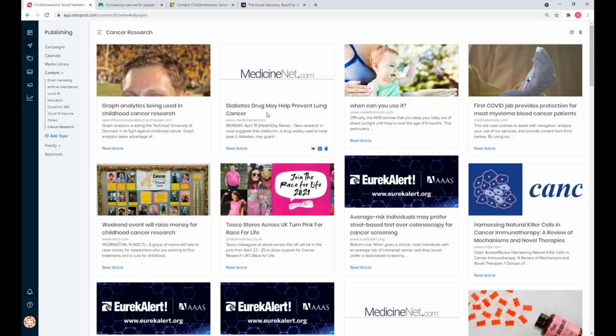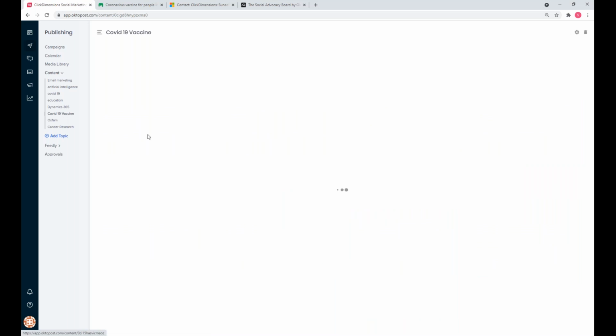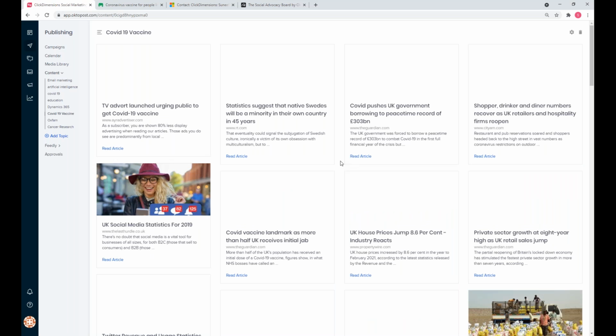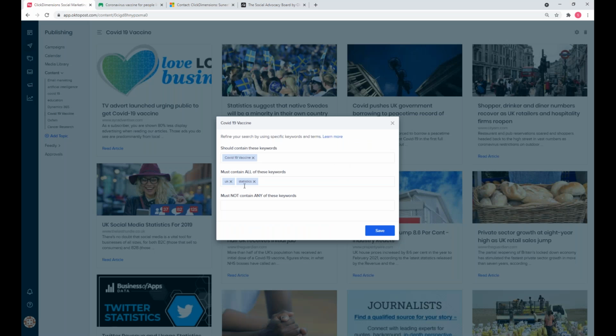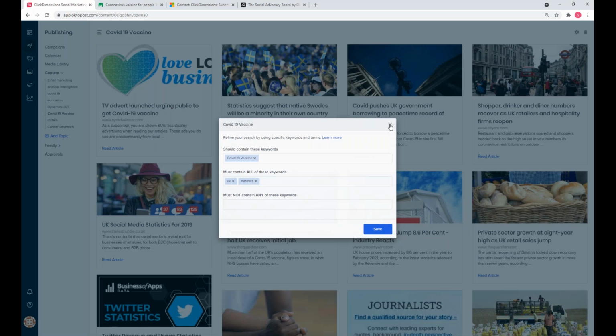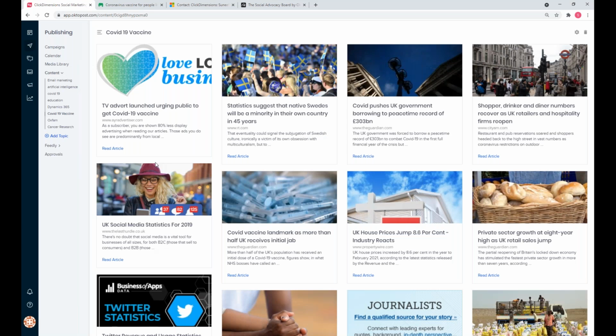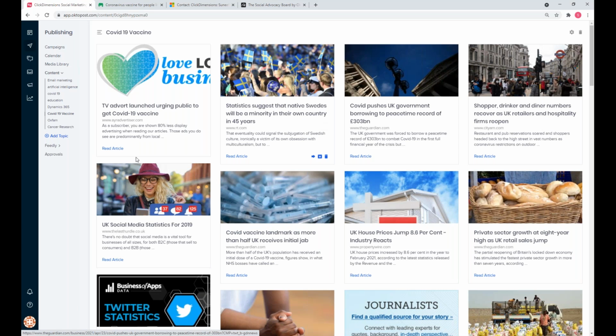I can put this in, and here we can see as well all these types of articles that are coming up. Now, we can be a bit more laser focused with these searches as well. I'm just going to go to my COVID-19 vaccine example. And I'm just going to open up the settings here, guys, just to show you that, yes, we can put in a keyword to say COVID-19 vaccine, but if I wanted to be a bit more laser focused, I can say, well, also show me articles where the UK has been mentioned and statistics specifically. So now I'm looking at all these UK-based articles and talking about the vaccine and statistics, right?